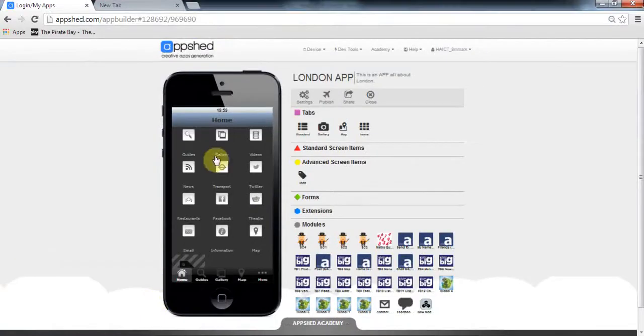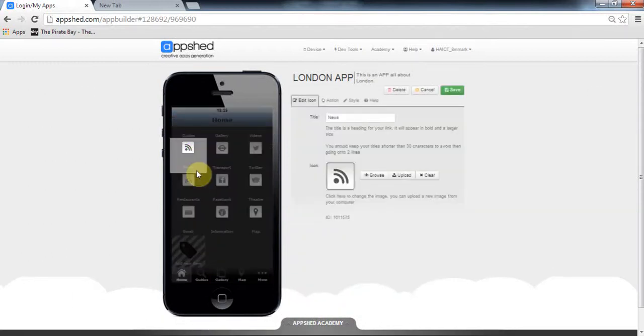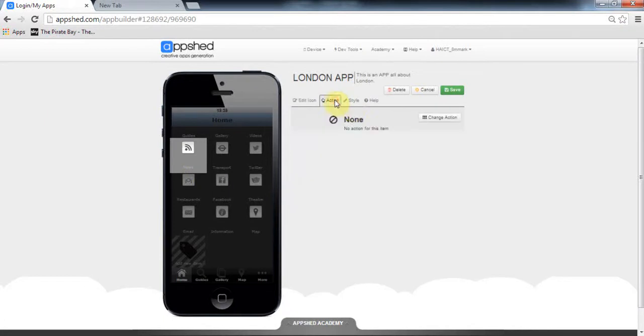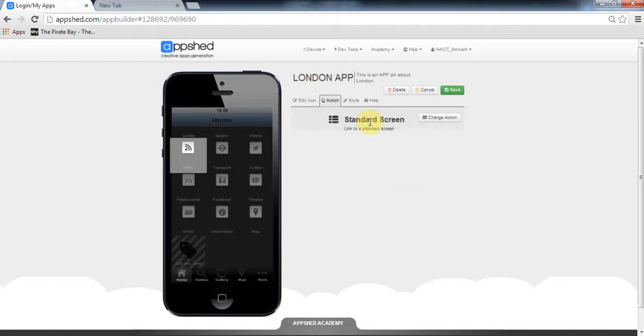Here we go. So on RSS feeds, we're going to click on it and we're going to click edit. The next one, we're going to change the action. So we're going to click onto action, and we're just going to change this. We're going to change it to a standard screen because we're going to use more than one RSS feed. We're going to use a standard screen and then have links to take us to the different RSS feeds. So kind of like the different news stories. Okay, so we click save,